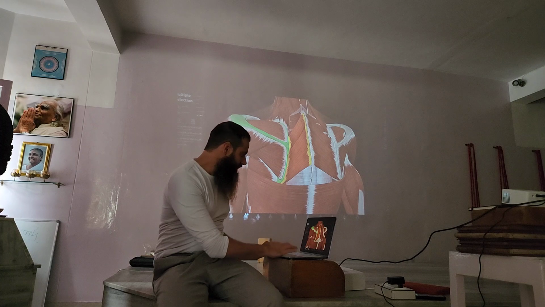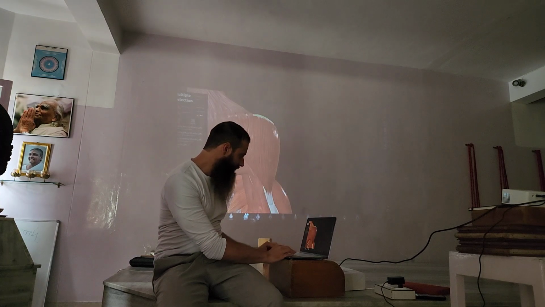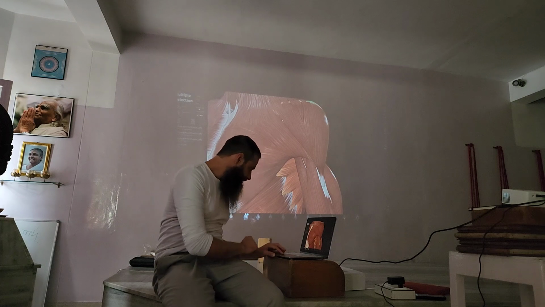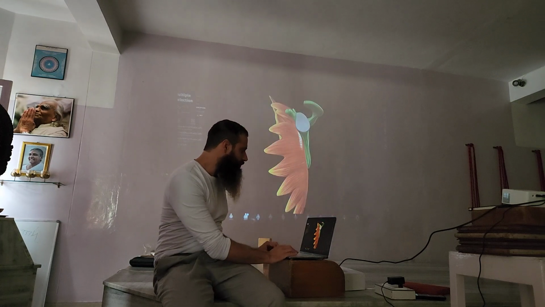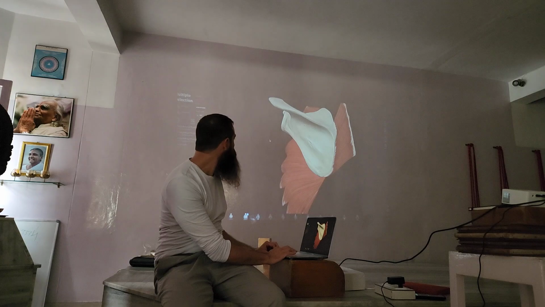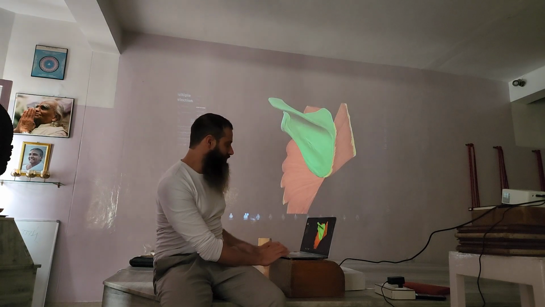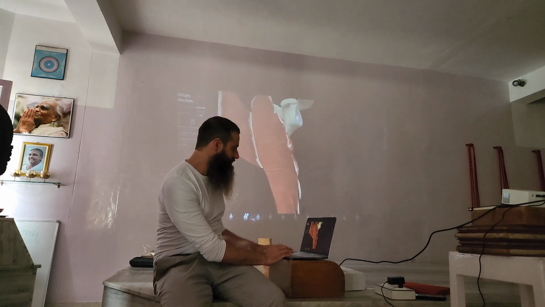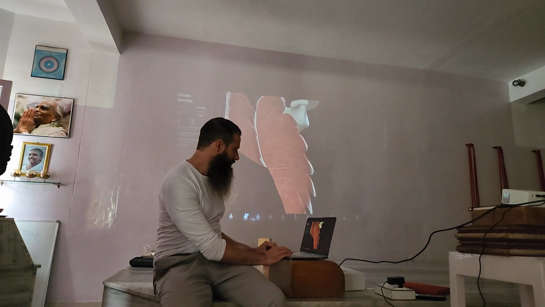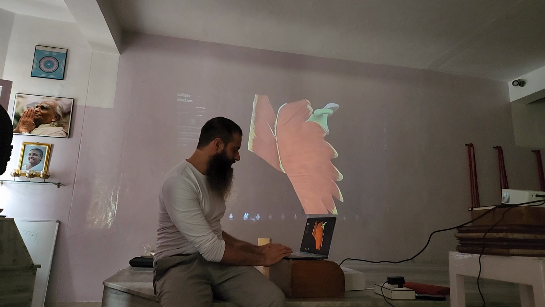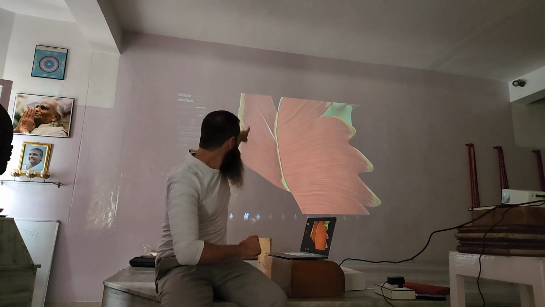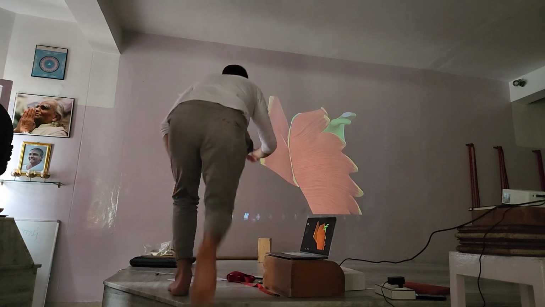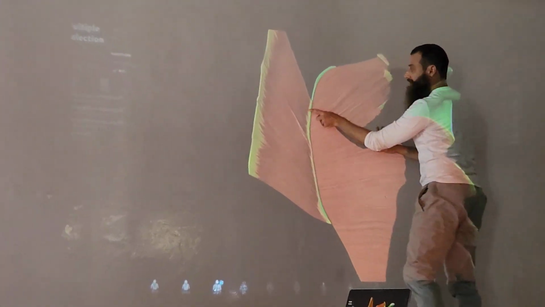So now we have the rhomboids, the shoulder blades, and the serratus. This is the rhomboids here. And when you see them from behind, they are the same muscle, you understand that? They are attaching to the spine and to the shoulder blade in the same place. This is the shoulder blade, this is the inner border.